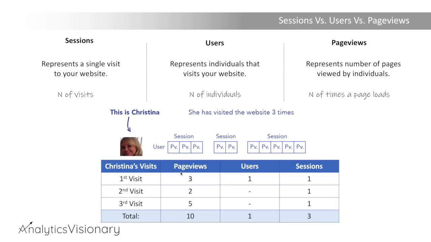Google Analytics is going to count Christina's visits as follows. In the first visit, 3 page views are going to be counted, and 1 user and 1 session. In the second visit, 2 page views are going to be counted, and it's the same user. It's a returning user, so no new users. Same user, 1 session. In the third visit, 5 page views are going to be counted, same user, so it's going to still stick with 1 user and 1 session. At the end, we're going to see a total in Google Analytics of 10 page views, 1 user, and 3